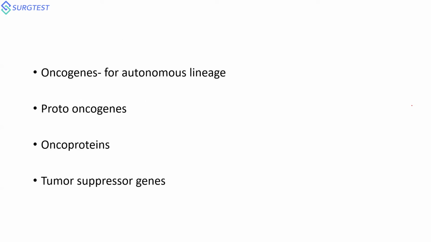So whenever we talk about principles of oncology, these are the 4 terms which come again and again during our discussions. So we need to know each and every one of them. The first thing that we all know is there is something called a normal cellular structure, and the cellular structure will have the genes within the nucleus, and these genes are coded within the DNA element. So we need to know what a proto-oncogene is before knowing what an oncogene is. The proto-oncogene is a normal gene that is present in almost all of us. These genes are responsible for normal cell survival.